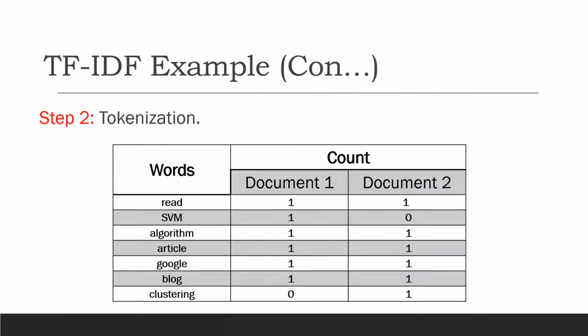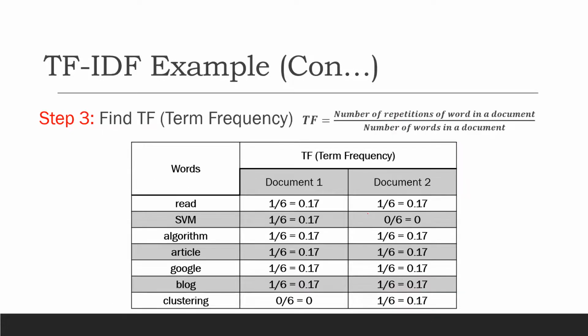So you need to prepare this document again. The third step, you need to find out the term frequency. So I am calculating the term frequency of each word in document one and document two. Let's think about how I will calculate the term frequency. I need to count how many times the word is repeated in the document divided by the total number of words in